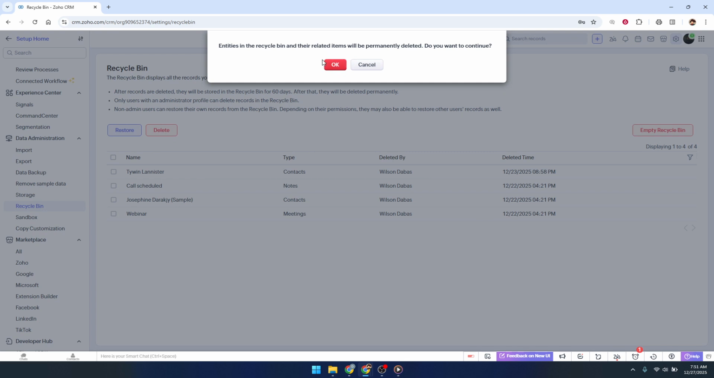That's all there is to it. By regularly checking and emptying your recycle bin, you can keep your Zoho CRM storage lean, organized,